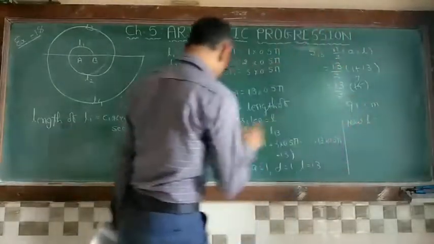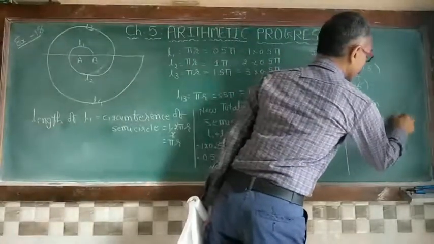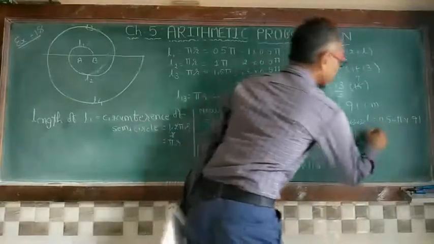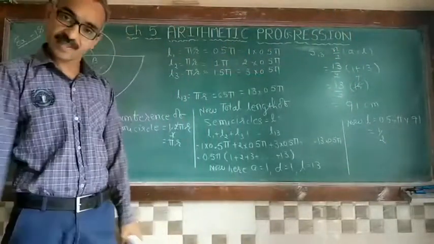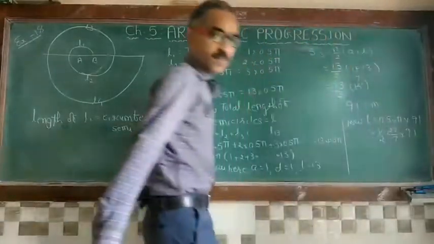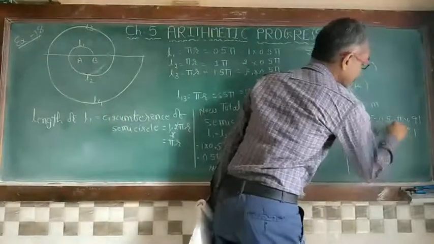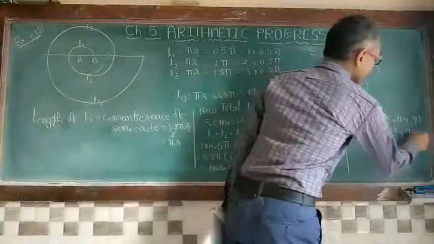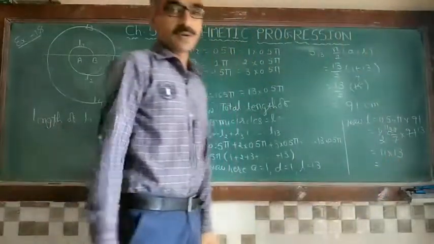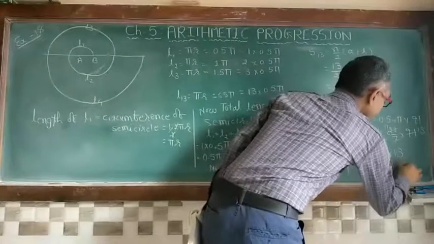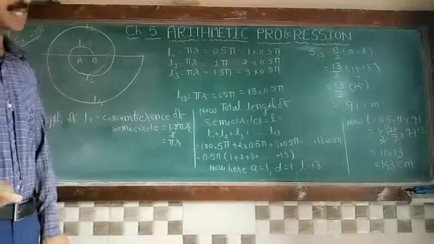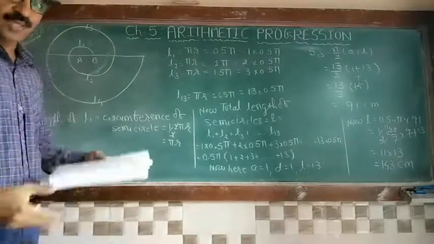Total length is equal to 0.5 into pi into the value of S13, which is given to you now as 91. That means 1/2, or 0.5, the value of pi is 22 upon 7, into 91. So see, 2 11s are 22 and 7 13s are 91. That means 11 into 13, so it is 143 centimeter. So the total length of your semicircles up to 13 consecutive semicircles is 143.